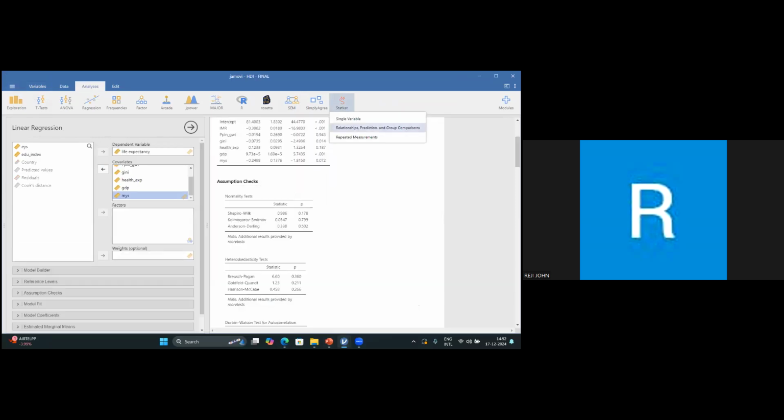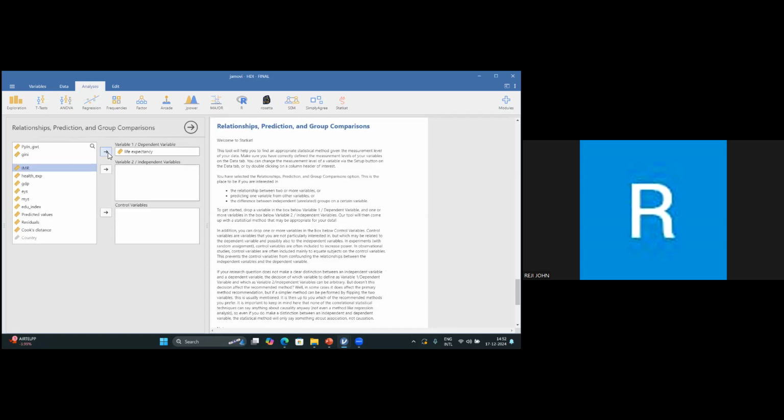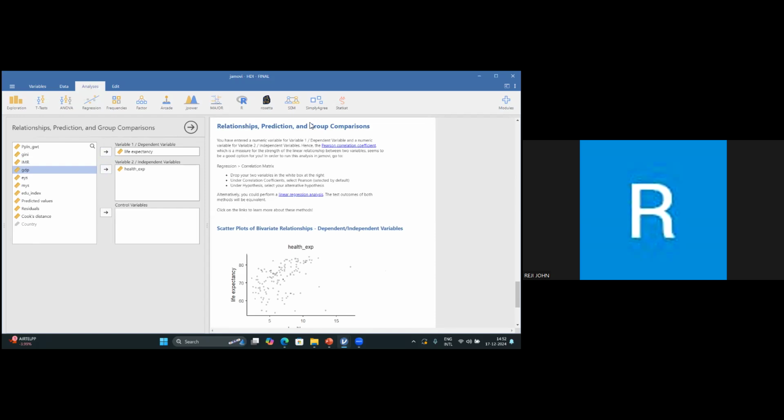Okay, StatCat. Now let me take life expectancy as a dependent variable, and health expenditure as an independent variable. Jamovi will tell you which analysis is the best for your research. Again, you may have to consult a statistician, but the software will suggest it. Now, with life expectancy and health expenditure, Jamovi is telling me linear regression analysis, which I can run, and also the Pearson correlation coefficient. Now, if I click on linear regression analysis,